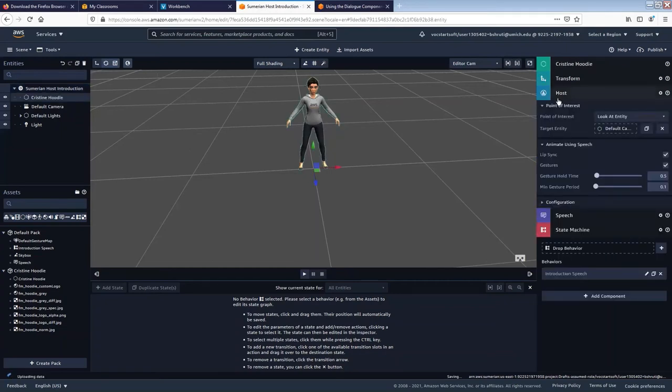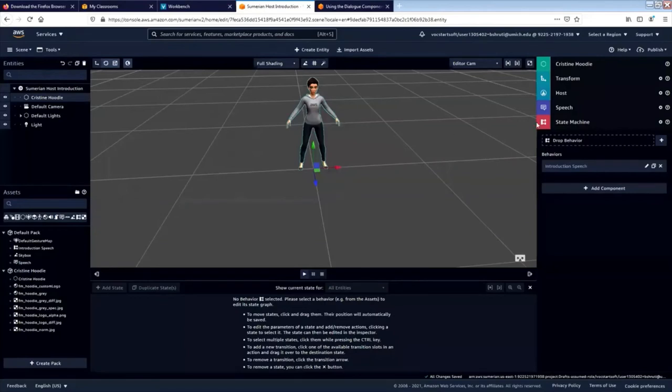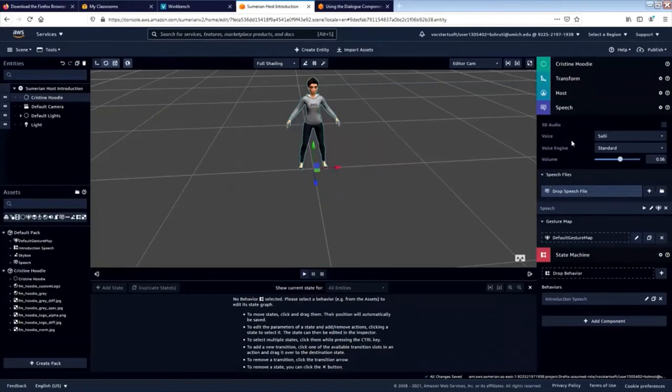Again, back to the host component, animated using speech. Here I have checked lip sync and gesture, and gesture hold time is also selected. You can adjust as per your requirement. I just kept 0.5 and 0.1, and then I'm done with this host component. So now in the speech component, I will show exactly what